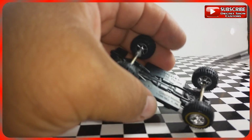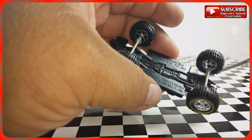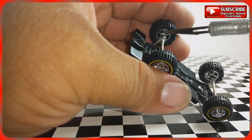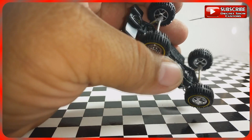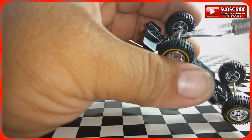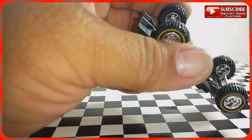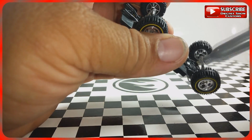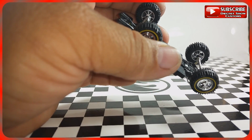So I mixed some 2-part epoxy, placed it here. Just before it dried, I came here with the X-Acto knife and tried to clean it up a bit. I mean, you could spend more time in here and sand it down. And you can even use some putty or something else and create something that looks like the differential. But then I came with a Sharpie and basically painted, and as you can see,